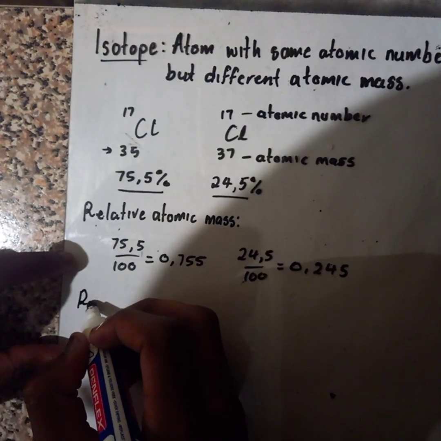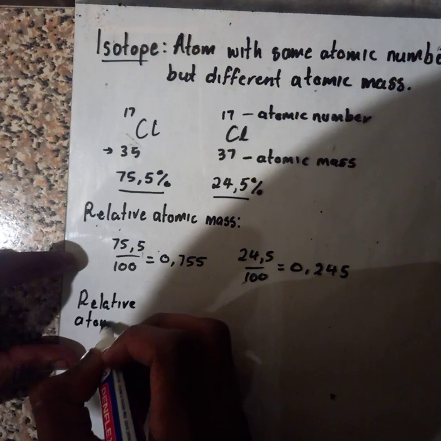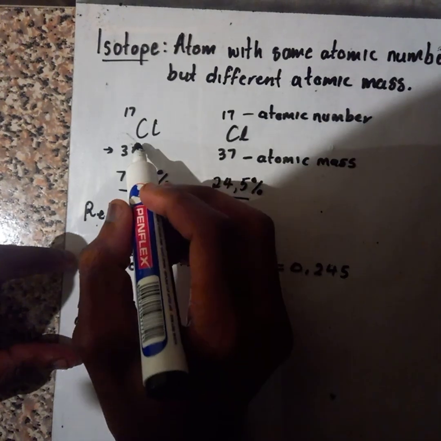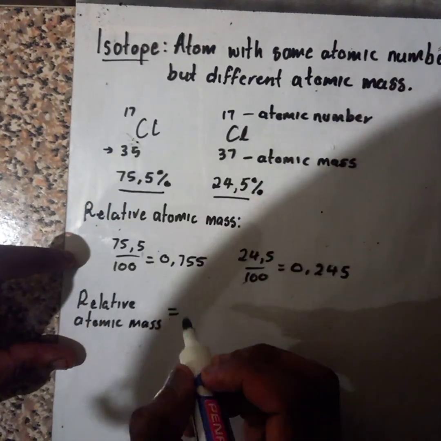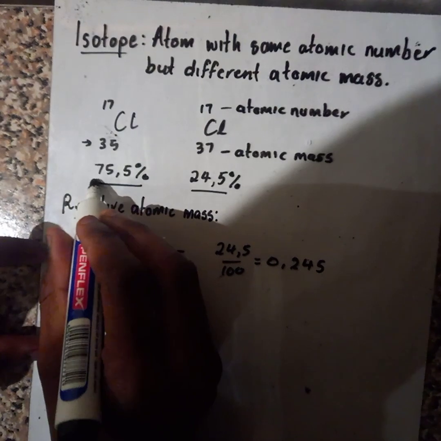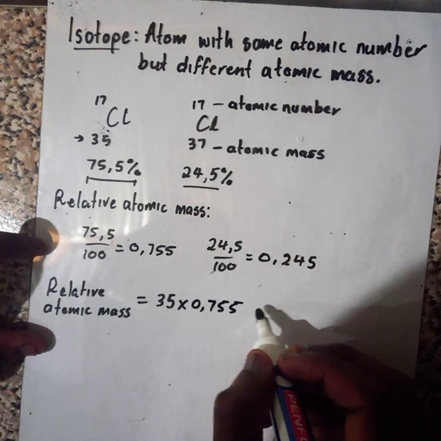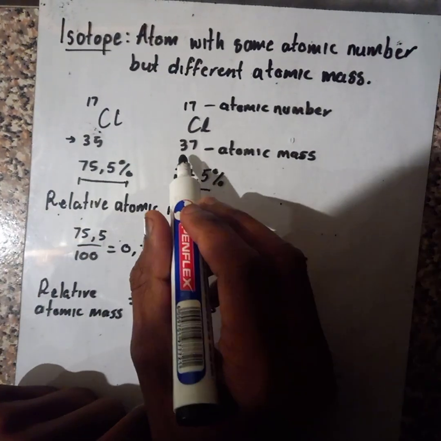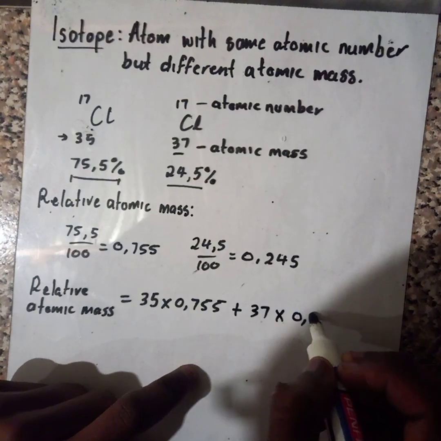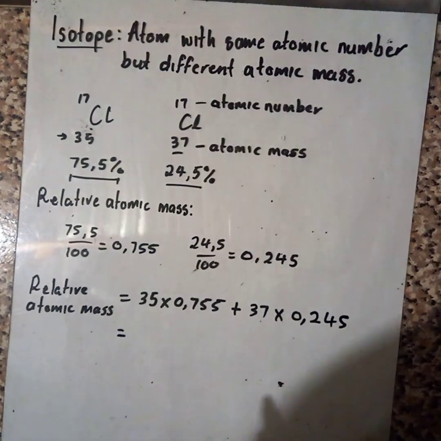The relative atomic mass. We are going to say now the atomic mass of the first one, which is 35, then we multiply it by its percentage, which is going to be now 0.755, plus we take the atomic mass of the second one, which is 37, multiplied by 0.245. Yeah, then we can use our calculator,